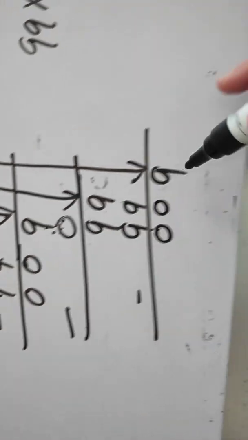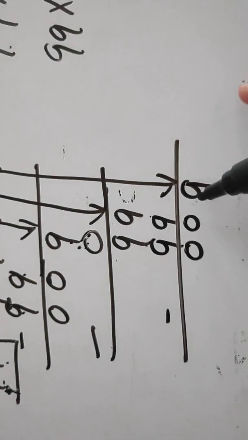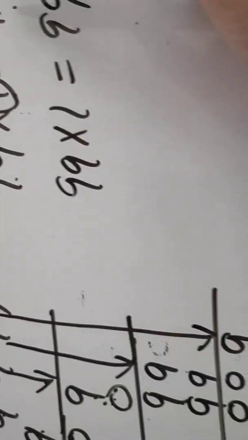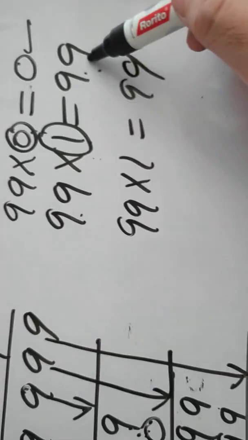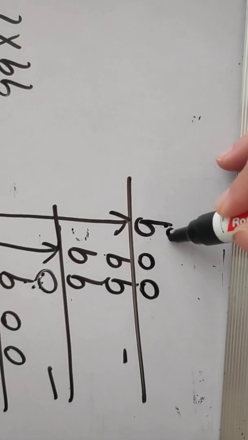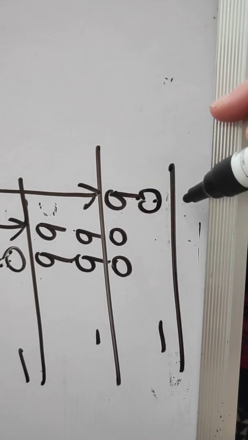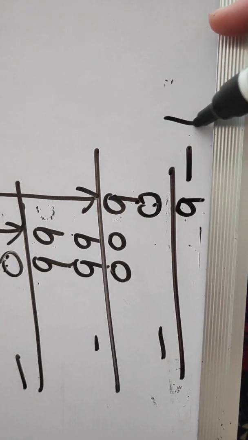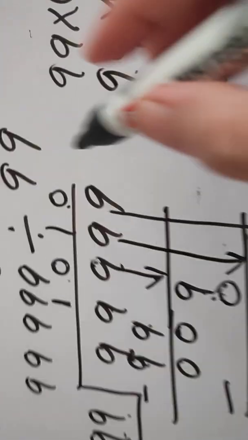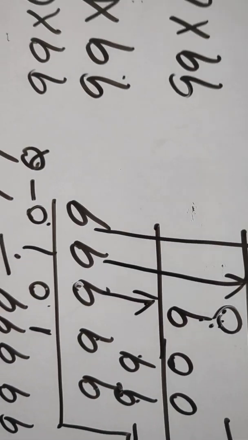Same case again. Here is 9 but the divisor is 99, so the table will not go on 1. On 1, 99 will come, so the table goes again on 0. So the quotient will become 0. The product will also become 0. 99 multiplied by 0 becomes 0. So 9 minus 0 is 9. So this 9 becomes your remainder and 1010 becomes your quotient.